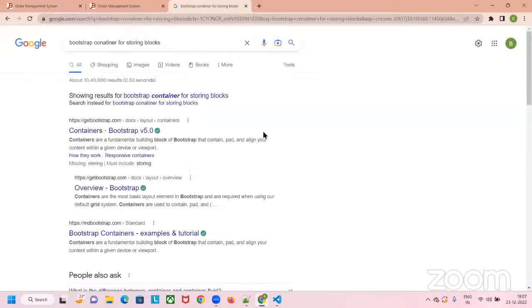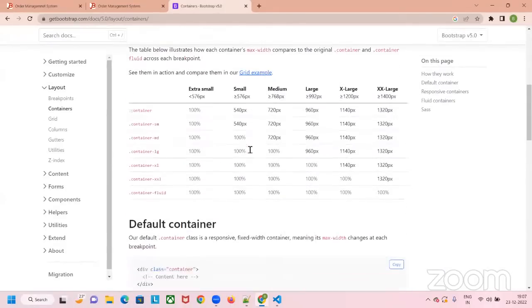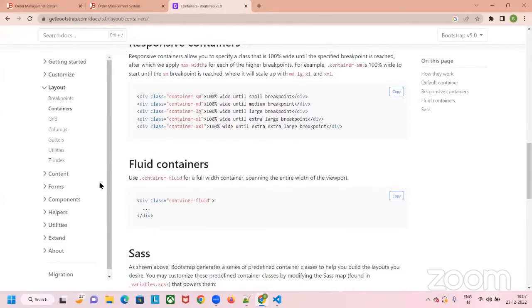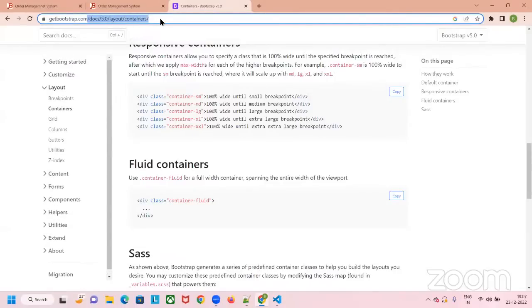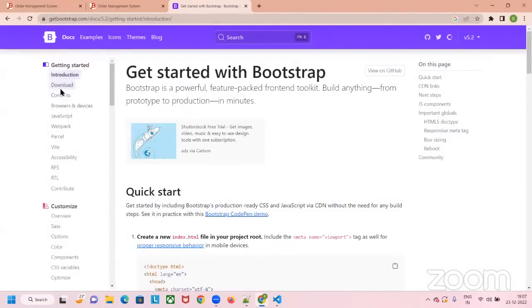Okay, so let me see. They have containers over here. Let me verify whether it will serve the purpose. So it's telling something different. Let me check it over here from the docs section. First, I will go to the official website and then I will go to docs and then I will try to